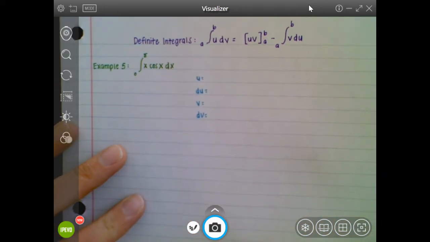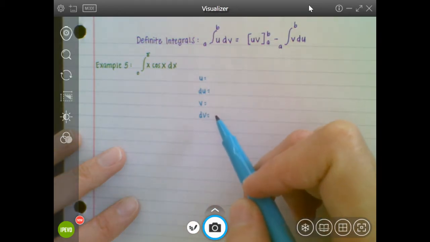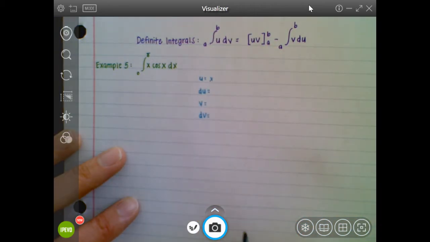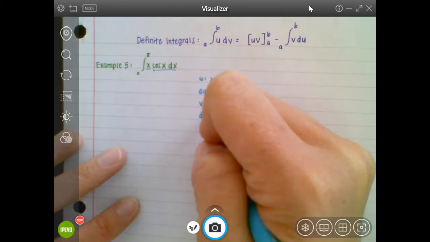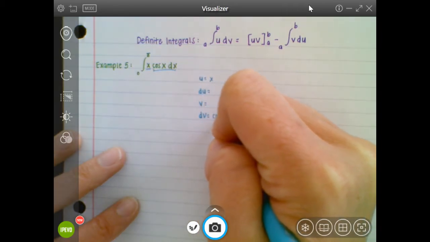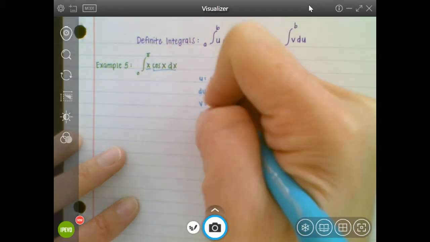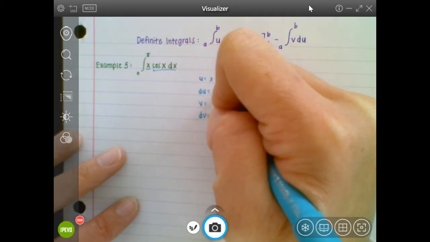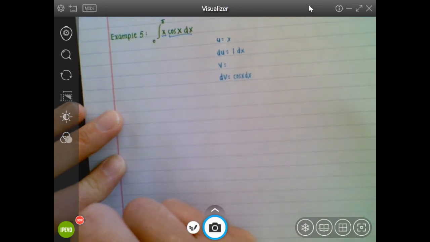So again, with more practice, you should be able to pick out what you're going to set as u and dv. I'm going to set my u as x, which means that my dv is going to be cosine of x dx. So my du is pretty easy here. My du is just the derivative of x, which is 1 dx. And to find v,